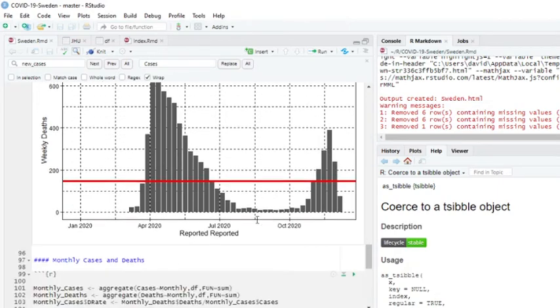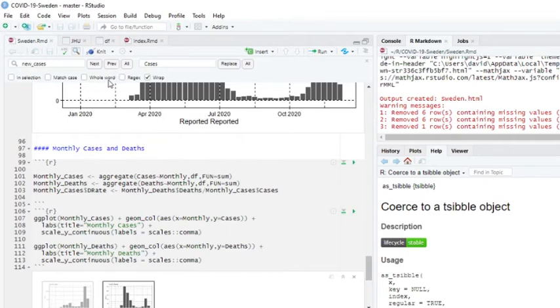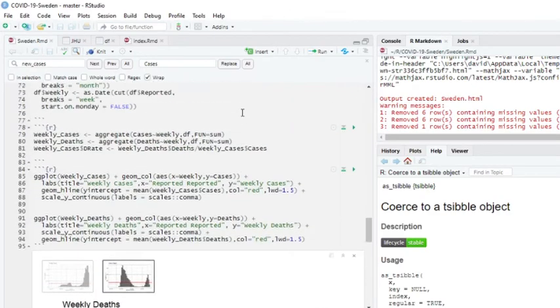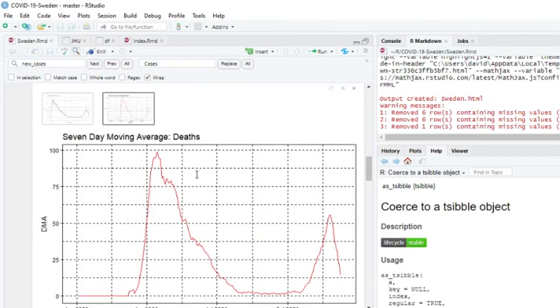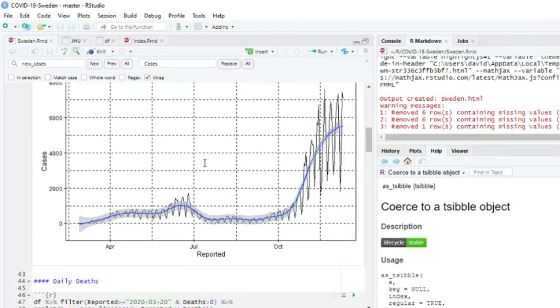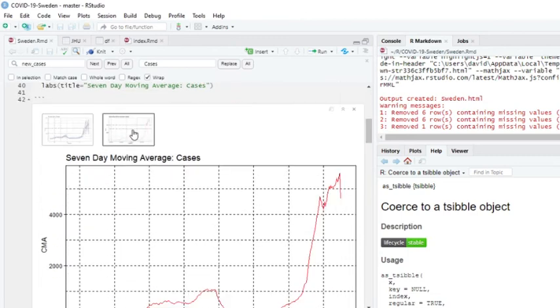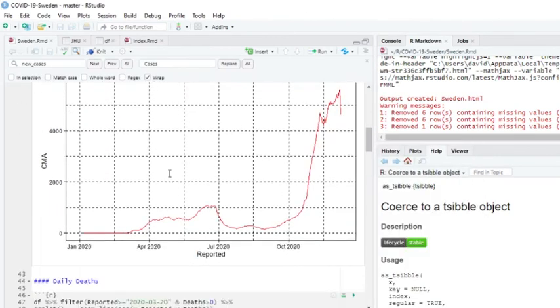All right. Okay. So there is some good news. There's definitely some good news. The mortality rate is good news. The fall in the deaths is very good news. All you have to do is wait to see if these cases really are declining. So anyway, Sweden, good job with the deaths. Getting them under control, that's a very important thing. Getting deaths under control is more important than the cases.